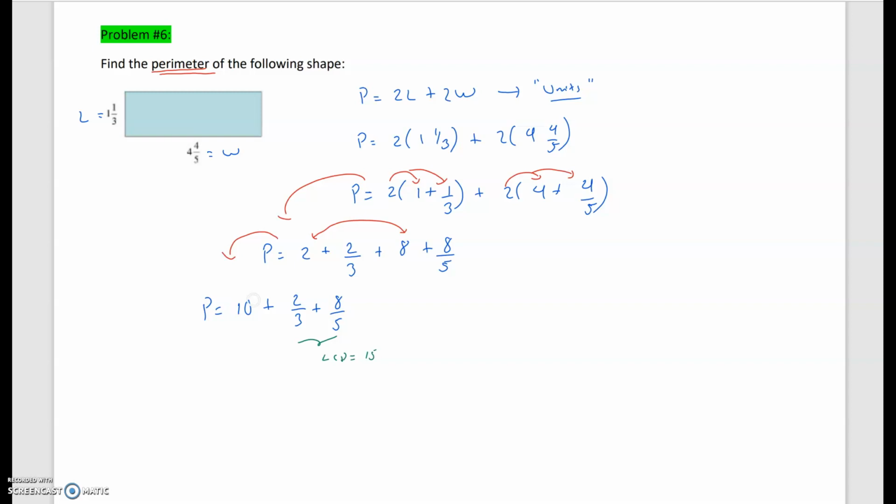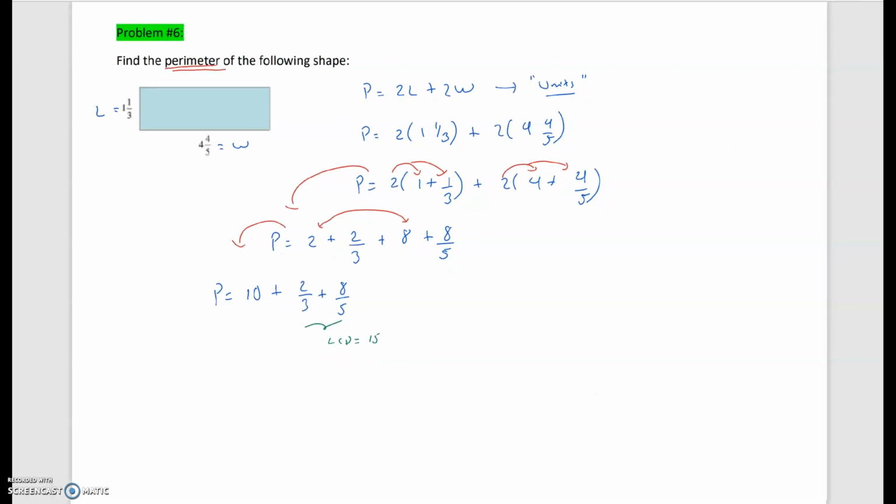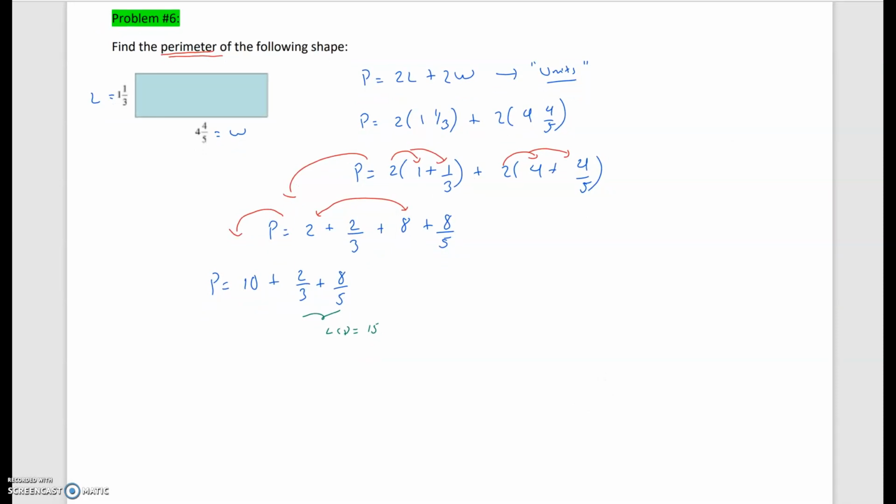I'm not going to combine the 10 here because your numbers are mixed numbers. So it'll just make it easier to express it as a mixed answer since that's how they're given the problems. So the first fraction multiplied times 5, then times 2 and times 2. So we're looking at P is equal to 10 plus 10 15ths plus 16 15ths. So P is equal to 10 plus, and this is going to give us,